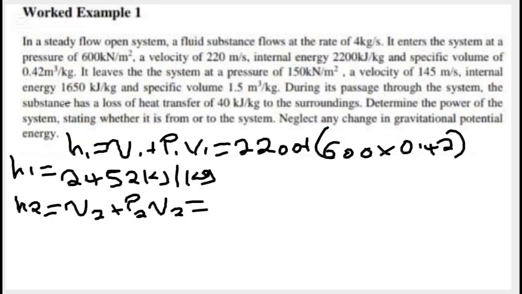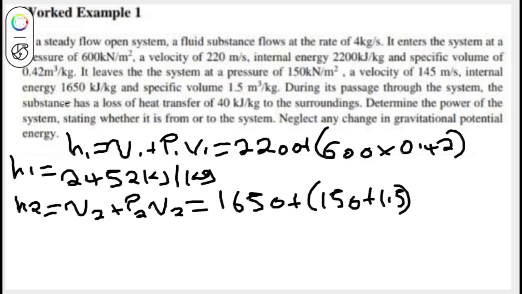So this is the same thing as saying the second internal energy, which is for the outlet, it is the same thing as 150, and I have to say plus 150 plus